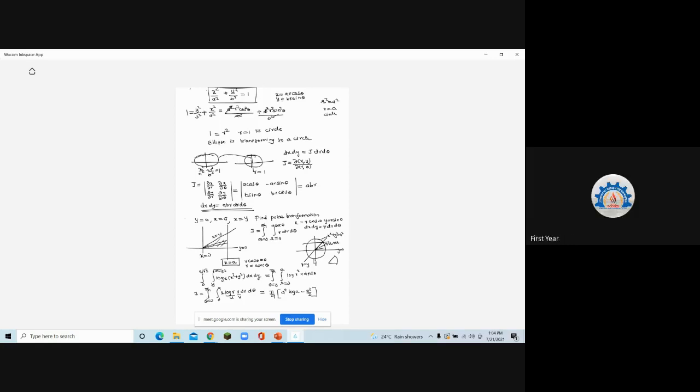How did we know that we have to find only the area of the sector? Look, what is the curve which is bounded by the line y is equal to 0, y is equal to a by root 2, the circle x square plus y square is equal to a square, and the line x is equal to y or y is equal to x? What is the common section of all these? So this is the sector.